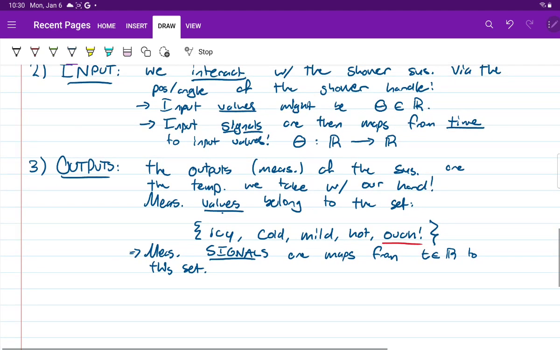So again, we have this duality appearing. We have values, which are particular values, either of an input or an output or some such thing, and signals, which are actually maps from time to those particular values, okay? So this is an important distinction to make, and it's one we'll talk about formally a little bit later. All right,